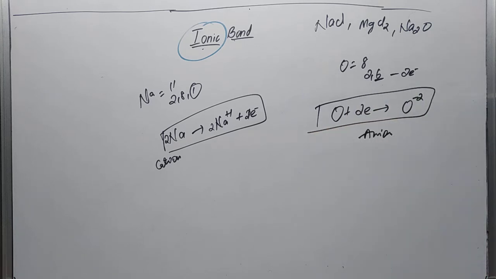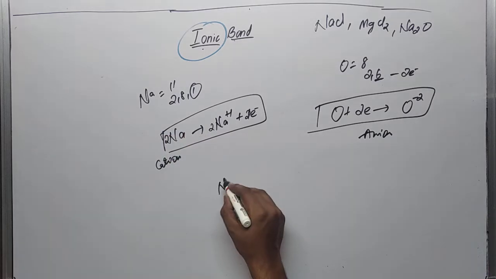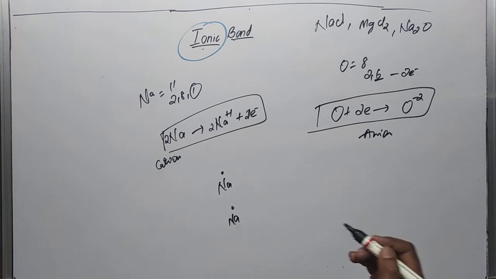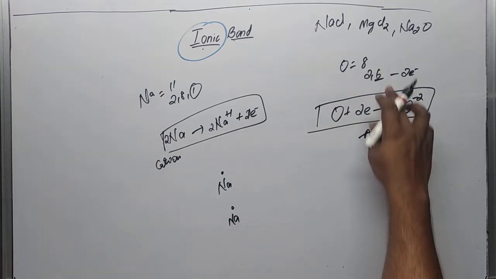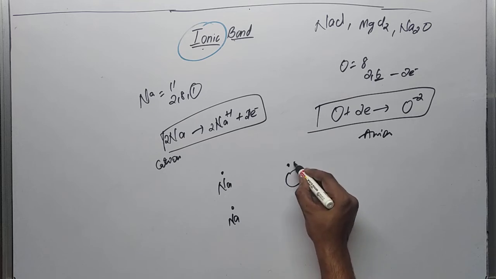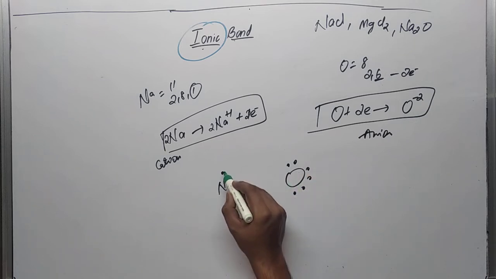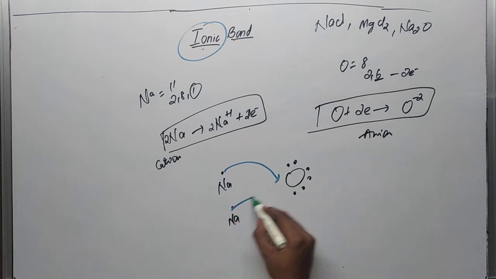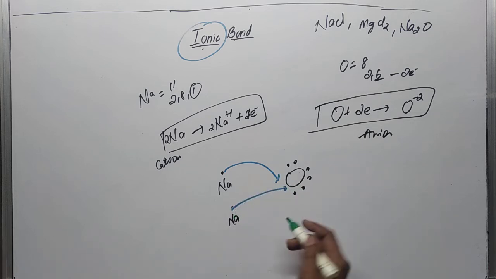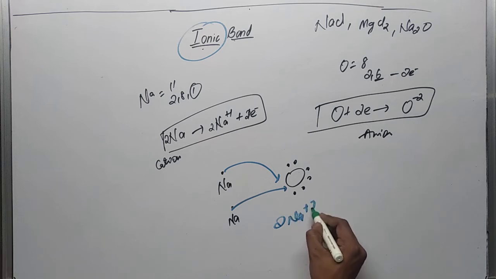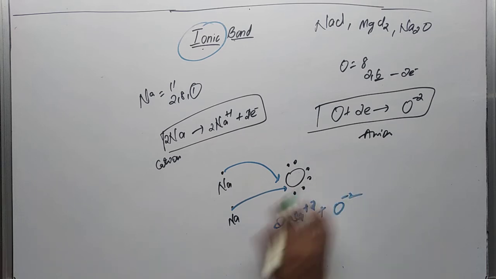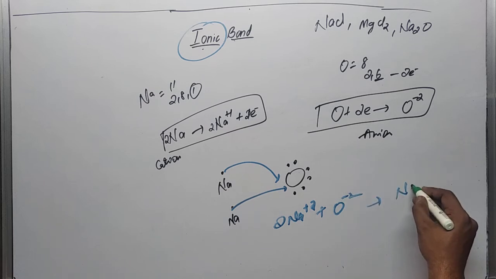Okay. So if I explain with the help of the Lewis dot structure, here we have two sodiums, 1, 2. The sodium Lewis dot structure is one dot in the last shell. Oxygen atomic number 8 has 6 electrons in the last shell, 1, 2, 3, 4, 5, 6. As we know, this oxygen needs 8 electrons in the last shell, so it will gain one electron from the first sodium and a second electron from the second sodium. So now we have 2 Na plus and oxygen minus 2. Now both will combine and we get Na2O. So this is the molecule which we found.